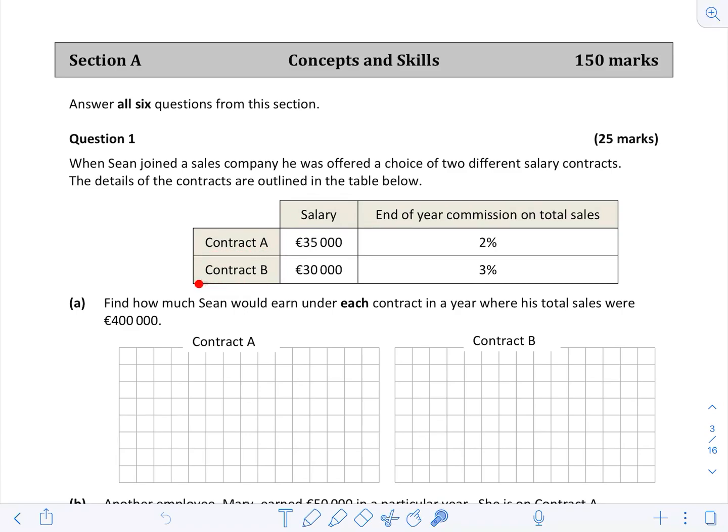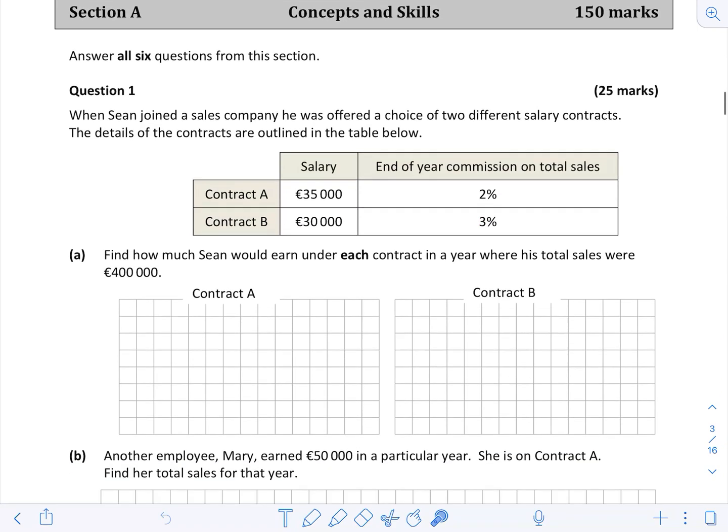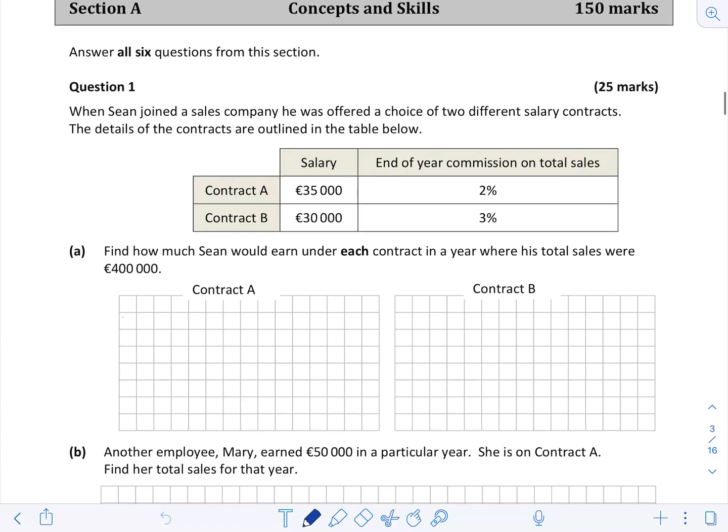This is contract A, and there's also contract B. If he chooses contract A, he'll get 35,000 a year plus some commission, and commission will be at 2%. If he chooses contract B, he'll get 30,000 a year plus some commission of 3%. Find out how much Sean would earn under each contract in a year when his total sales were 400,000. Okay, so under contract A, he's definitely going to get the 35,000,